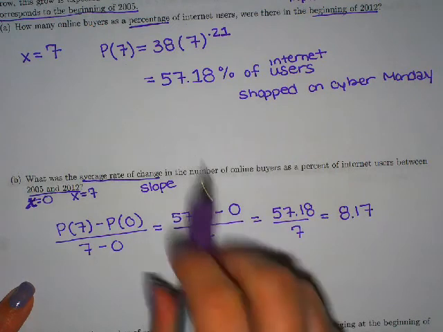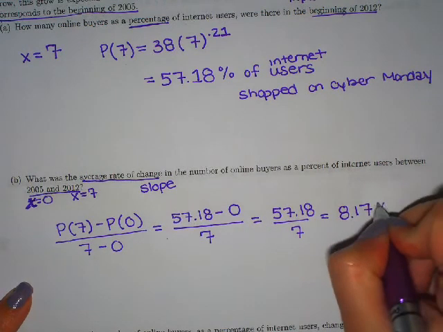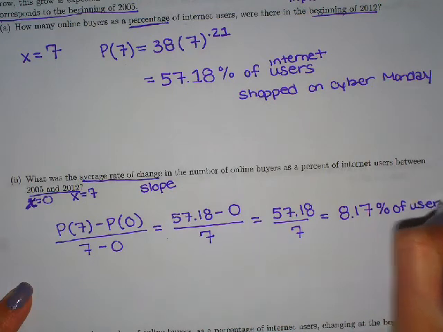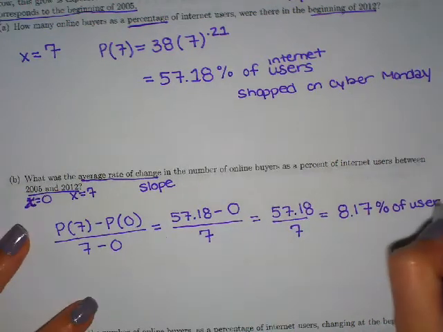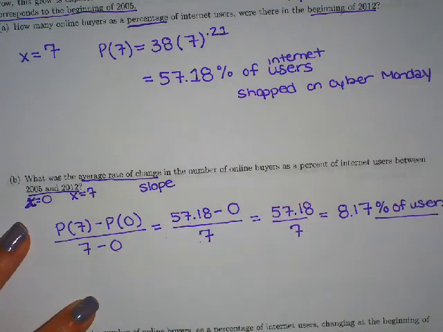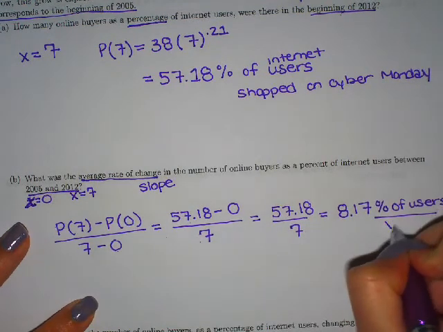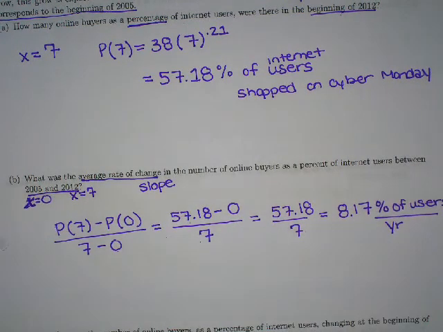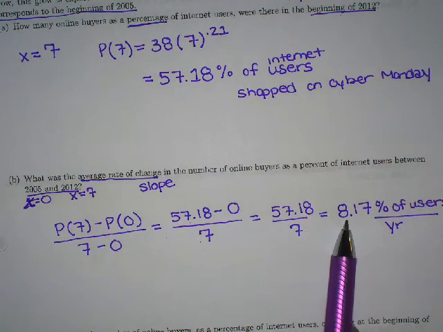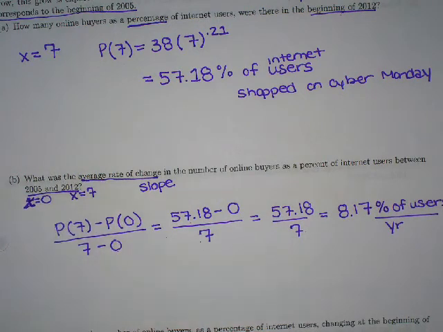What were these measuring? 57.18. That was percent of users that shopped on Cyber Monday, percent of internet users that shopped per, what was the denominator measuring? It was per year. So the average rate of change, since it was positive, it was increasing. So the number or percent of people that shopped on Cyber Monday was going up by about 8% per year